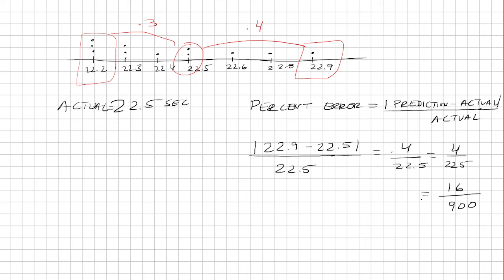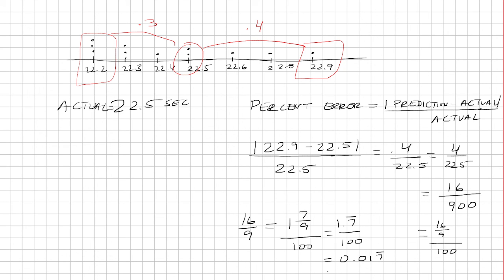And so this you can simplify by dividing the top by 9, and then the bottom just keep it as 100. 16 ninths is just 1 and 7 ninths, which we know that 7 ninths is 1.7 repeating. So when you divide it by 100, you're moving the decimal twice to the left. So that's going to be